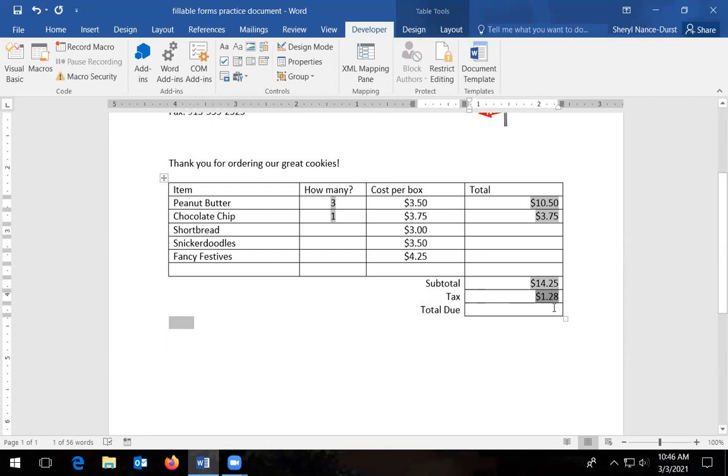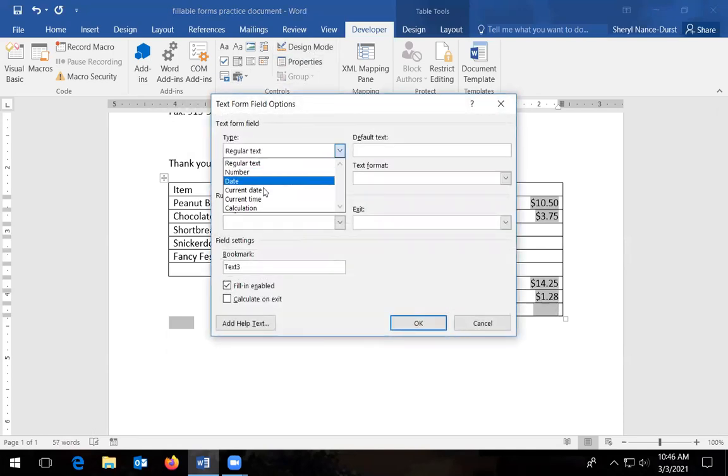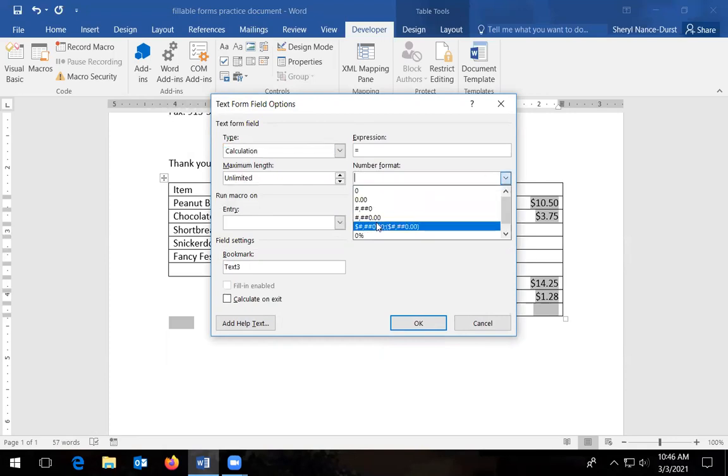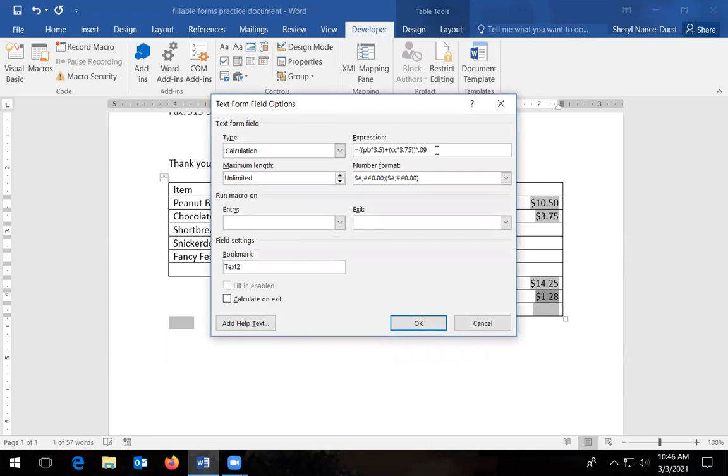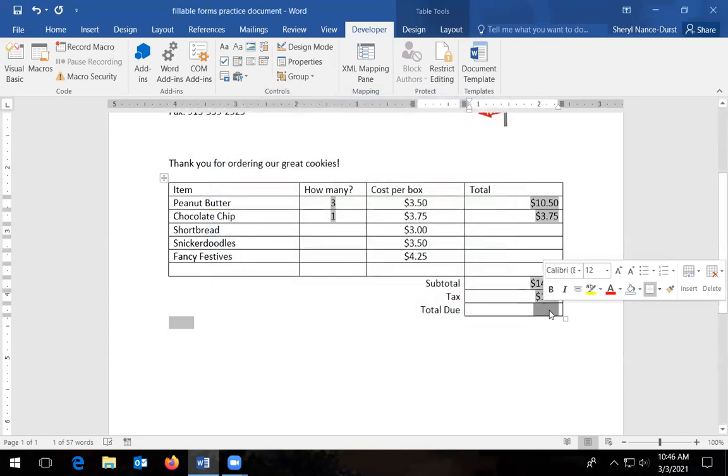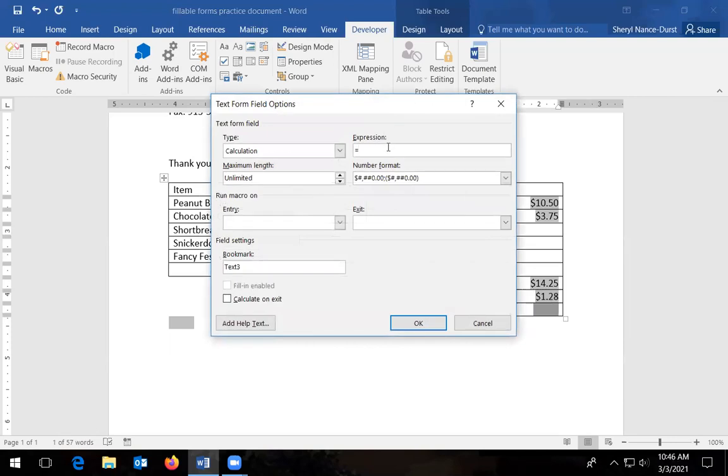Now, the total, I want to add these two up. So I'm going to click this and put in a text field. Under properties, I'm going to make this a calculation, and I'm going to make it $. I'm going to click OK, go back here, and go up to properties. I'm going to copy this, everything except the plus sign, Control-C that. Down here, back to this one, I'm going to go to properties. In parentheses, I'm going to put that. So that's the tax. Plus,